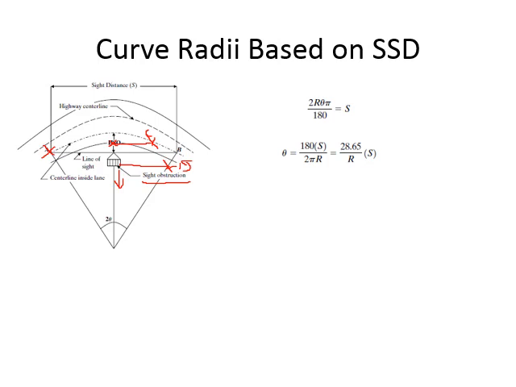So whatever the angle is, I'm calling it 2 theta. So S is sight distance here, the angle is 2 theta here, and then multiply by r, and then pi by 180 to convert from degrees to radians. So from this equation theta equals this. Theta equals 28.65 upon r into S, and 28.65 is basically 2 pi upon 180.